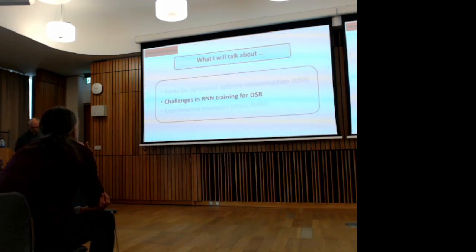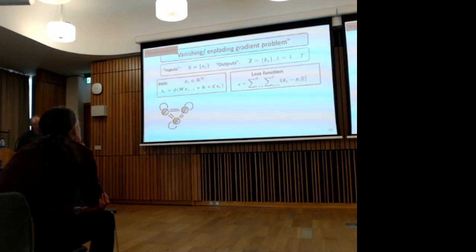Okay, so now I want to dwell a bit on challenges in making this work. There are actually quite a couple of roadblocks. So the first one is the famous vanishing and exploding gradient problem that I think was first brought up by Bengio and by Hochreiter and Schmidhuber. So assume you want to train a recurrent neural network for which you have a set of desired outputs, and you define some loss function, let's say in this case mean squared error loss. So there are different training algorithms for that, but the one most commonly used, I think, is backpropagation